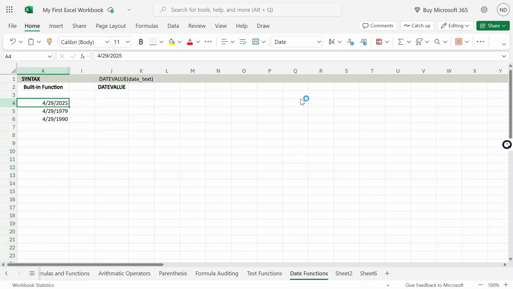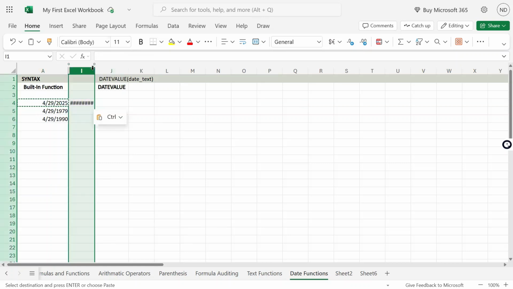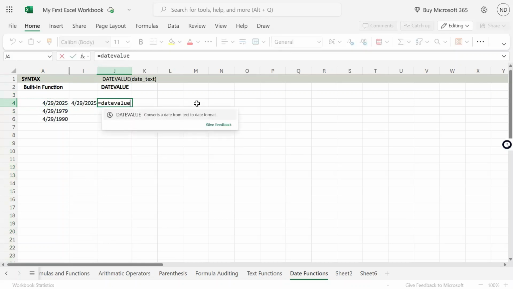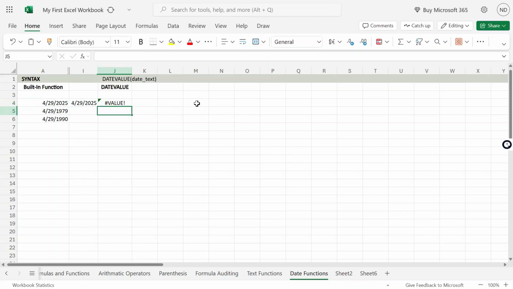I have this date and I want to convert it into a date value. So what I'll do is say equals DATEVALUE and select the date for which I need the value. It could be a cell reference, or I can specify it within